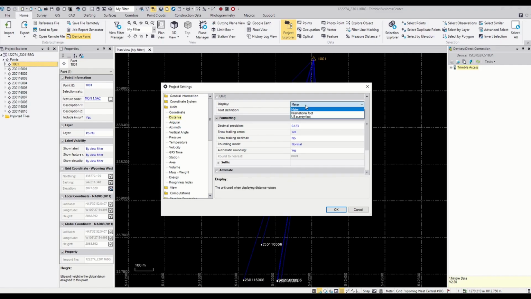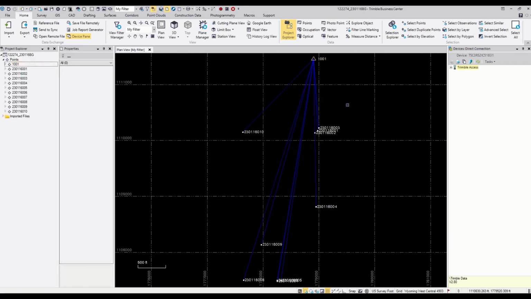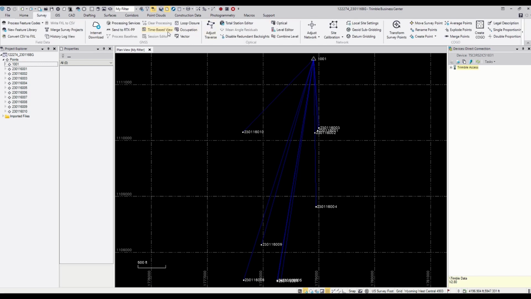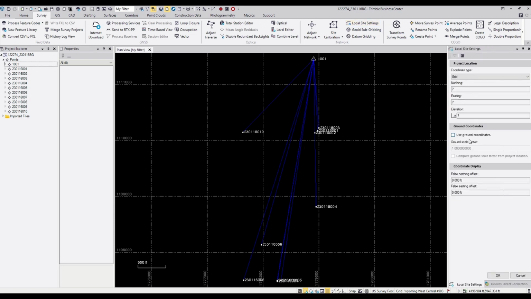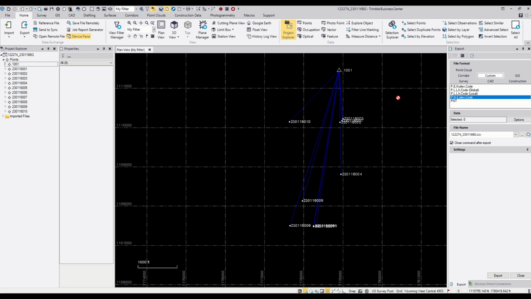While you wait, it's always a good idea, switch back to your survey foot. Make sure your project is back at grid. You can check to see where your project is. If you have a site calibration, you can check there. You have a local site, there should be numbers in here, and it says use ground coordinates, should be checked. I will be converting to ground after this, but in the meantime, I'm going to do some sanity checks,